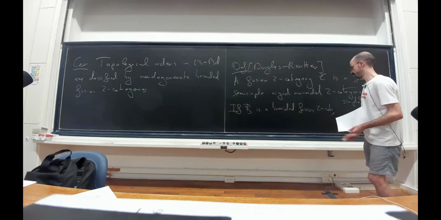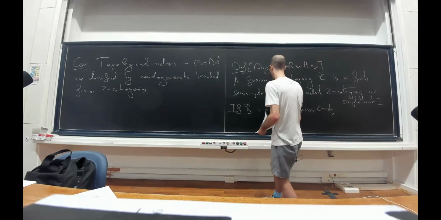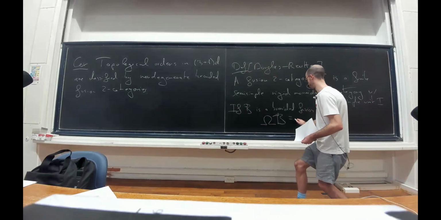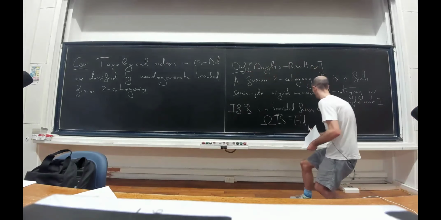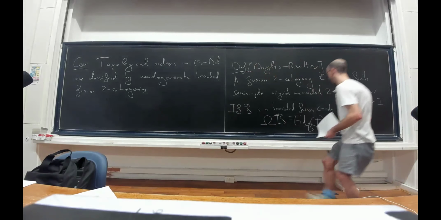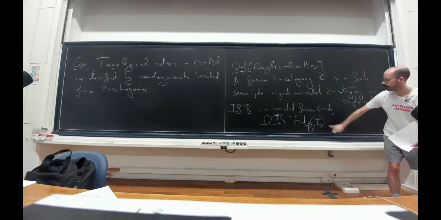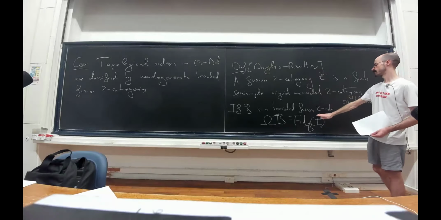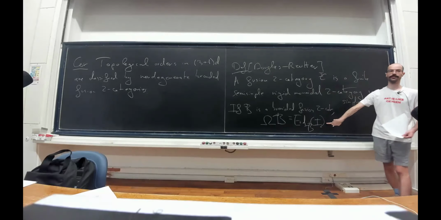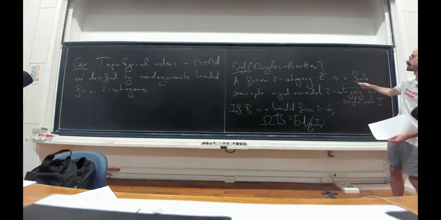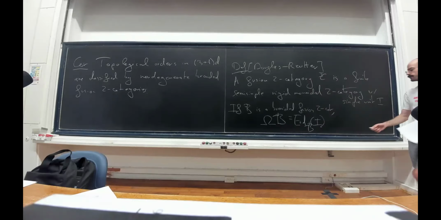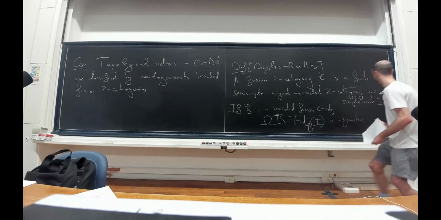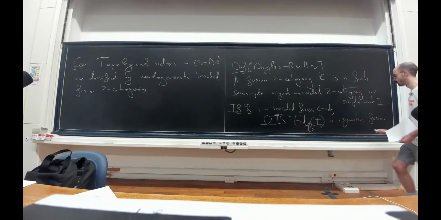But in fact, we can also say something quite interesting about line defects. This is going to be my notation for the line defect. This is simply endomorphisms of the unit in B. And because we're in 3+1 dimensions and I'm looking at line defects, this actually is going to be symmetric. And in fact, because B is a finite semisimple 2 category, this is going to be a symmetric fusion 1 category.